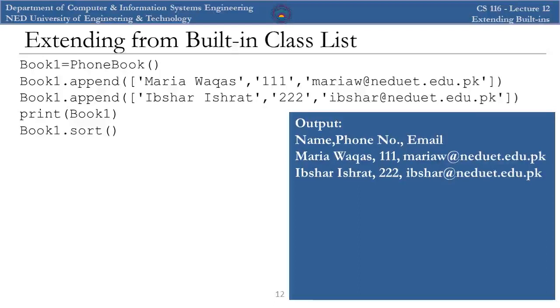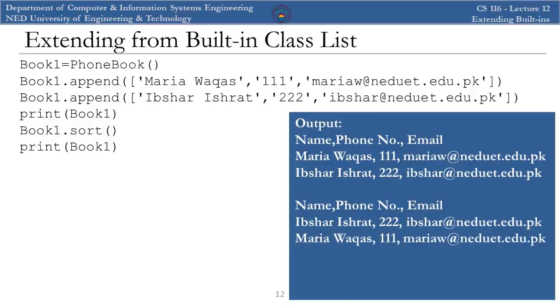I can directly call this sort method, and actually this sort method is implemented in the base class list, right? I haven't implemented it in my class phone book. Let's print it again. See, the list has been sorted,